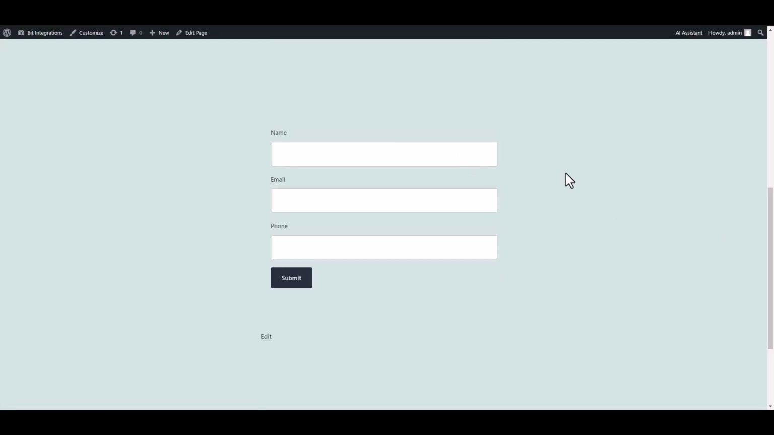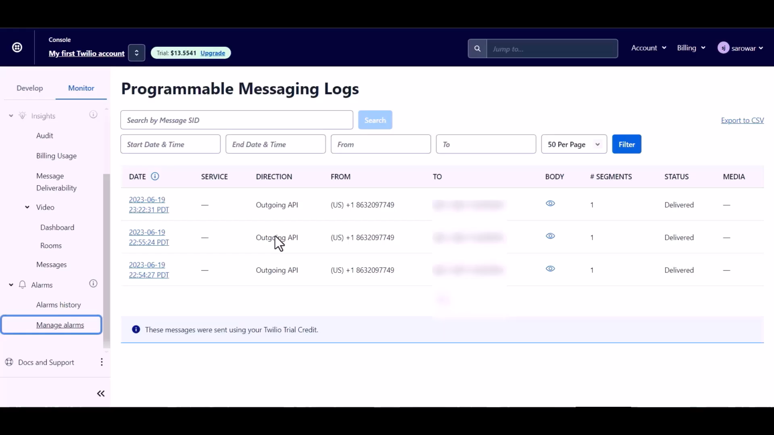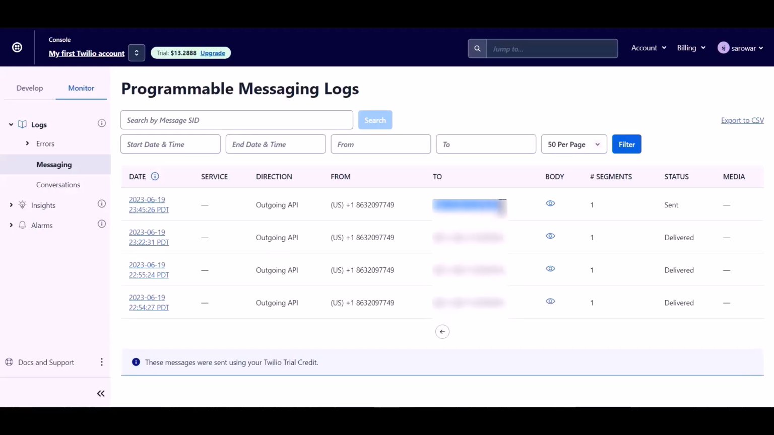Now go to your form and fill it up. Submit it. The form has been submitted successfully. Now go to the Twilio site and refresh the page. And you can see the message was sent